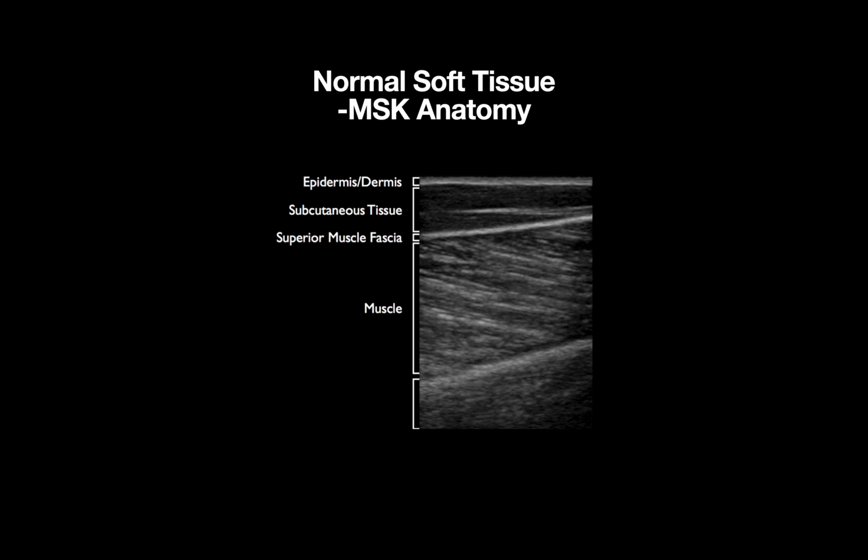Notice in this image that the striations are seen in the long axis as our probe is oriented in the same direction as the muscle. At the bottom of the image, we appreciate bone with a smooth hyperechoic line with posterior shadowing given its strong